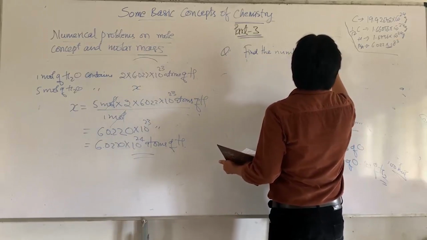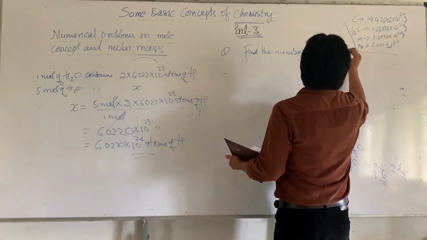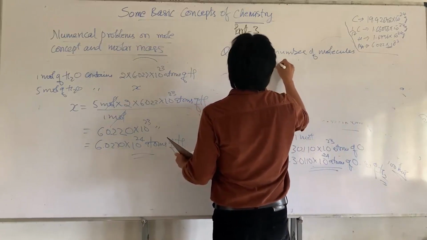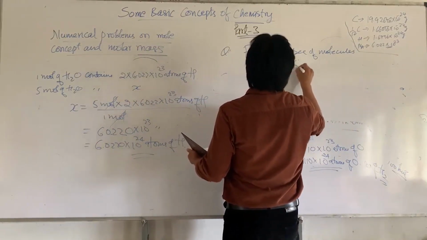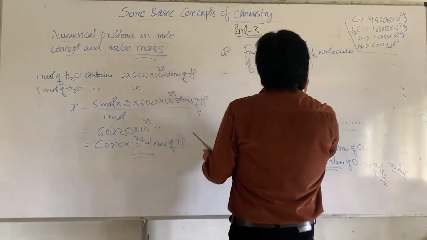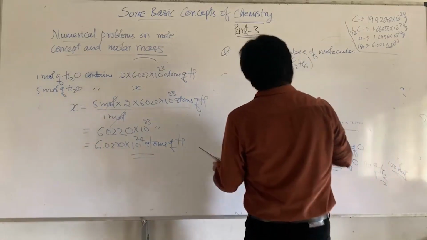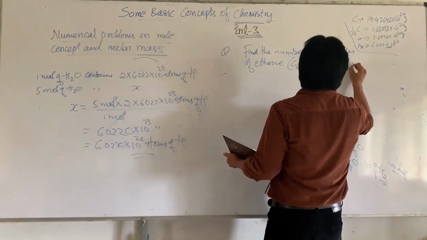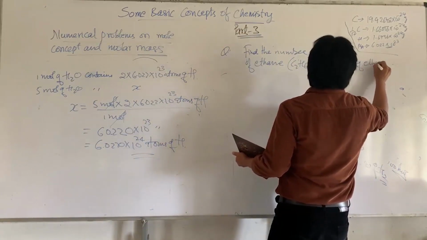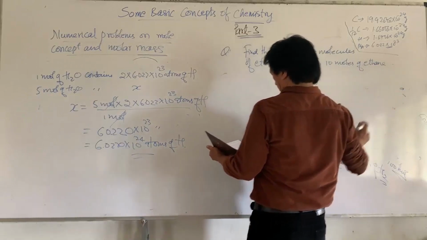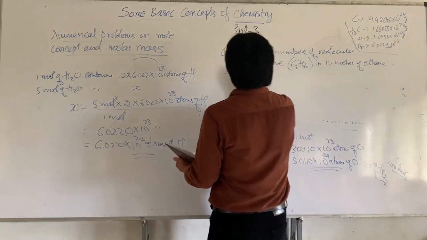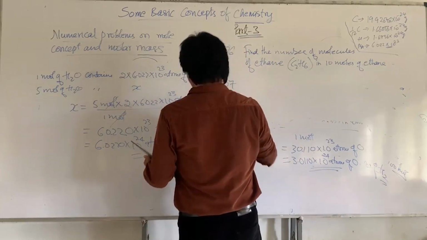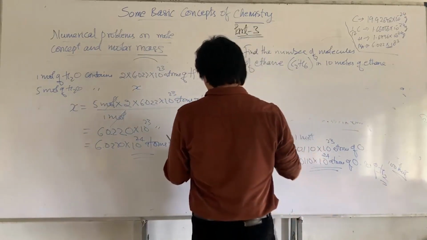The formula of ethane, you know, is C2H6, right? So find the number of molecules of ethane in 10 moles of ethane. And the next question, question number 7, is to find the number of atoms of carbon and hydrogen